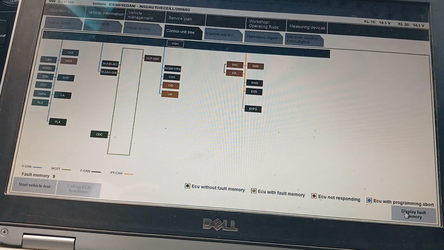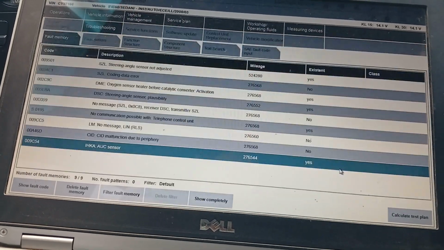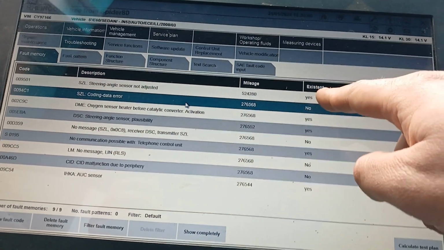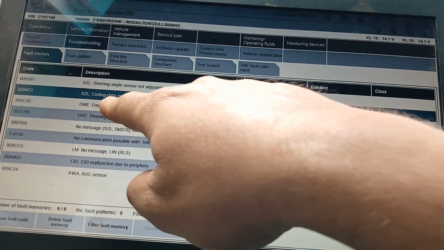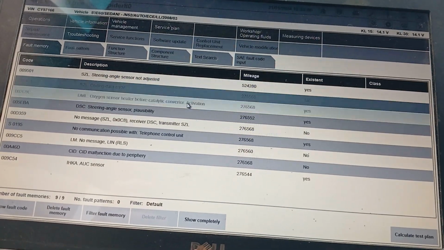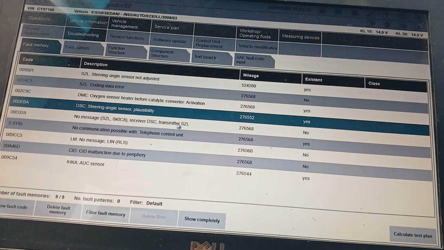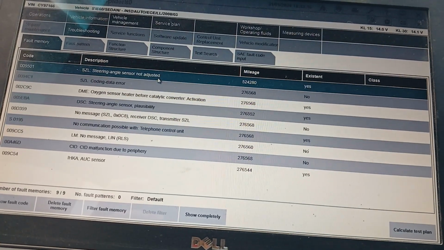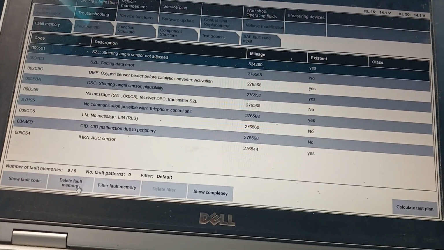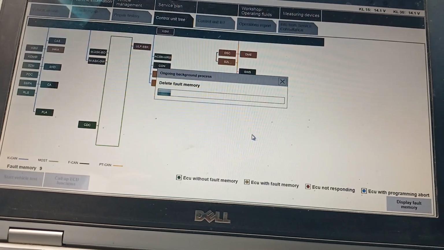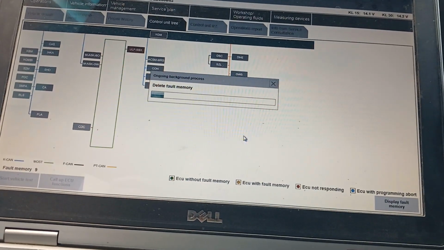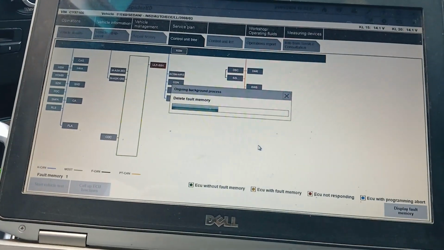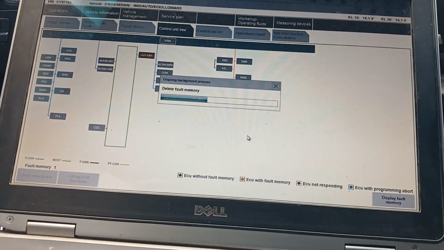I have 9 fault codes, then display fault memory, and as you see here, the SZL coding data error has gone, and now I only have steering angle sensor not adjusted. So if I go to delete fault memory,